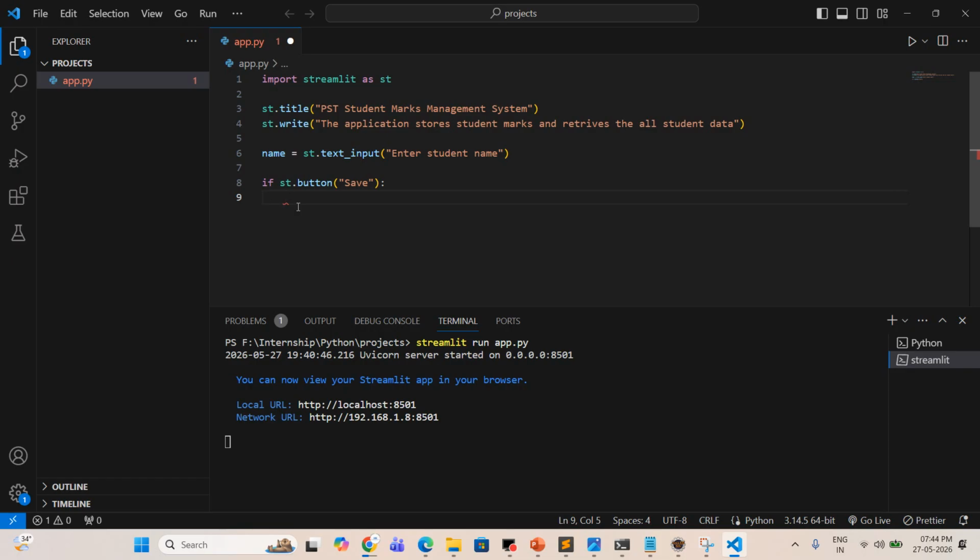In Java we use curly braces, but in Python we need to use 4 spaces. Okay, 4 spaces. This is the recommended 4 spaces, like indentation. So I'm trying to print or write something here, like st.write